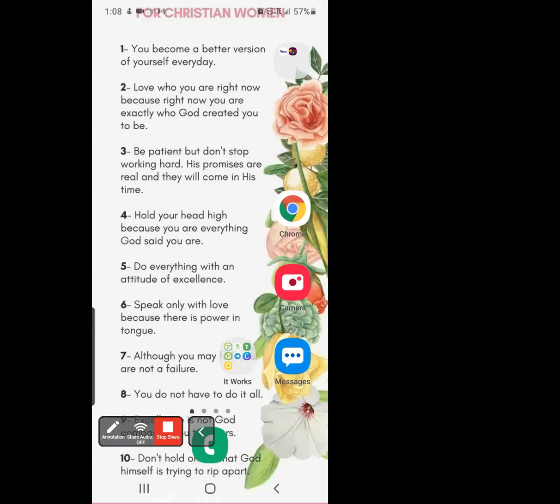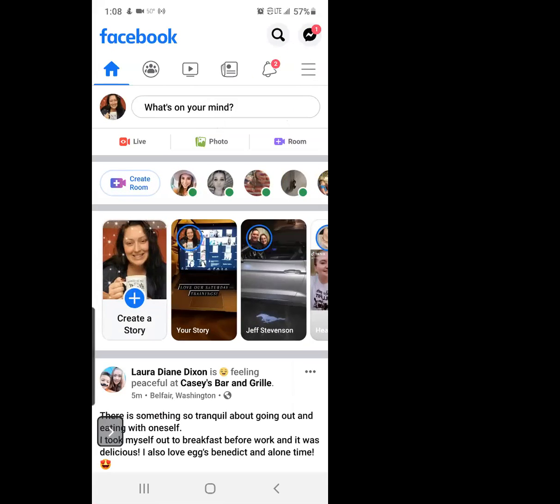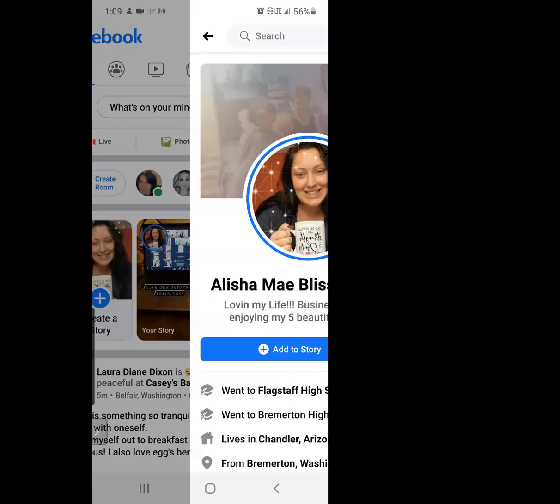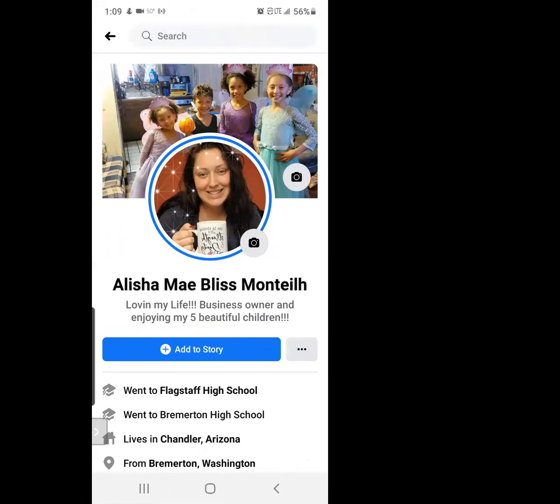So what I'm going to do is share my screen on my phone and show you how I go about doing this. I like to message people that are new friends as well as old friends and kind of in the middle. The reason that we're doing this is because Facebook is all about networking, and it's social media. So it's being social. We're doing this so we can boost our algorithm and get our posts seen more. The more people you interact with, the more posts you're going to see. So you want to be interacting with 25 new people